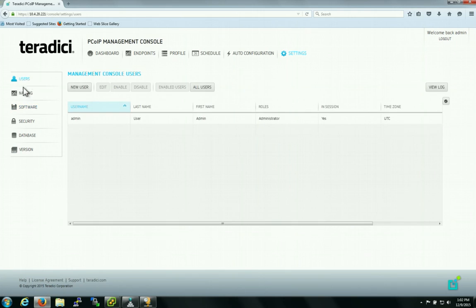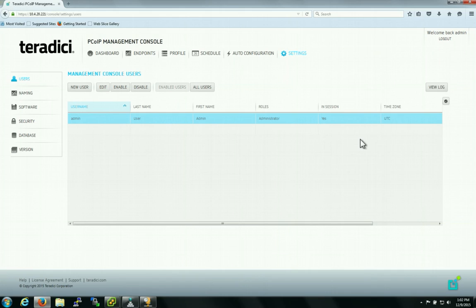One more place to look. The users, we can see there's a default administrator, and one more configuration that is very useful is the time zone, because you want this time zone to match the time zone of your operating environment, whether you're working in Central European time zone, UK time zone, or Middle East time zone. This must match the time zone you're working to make sure that the scheduled jobs that you make work in